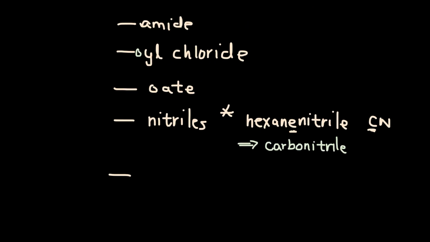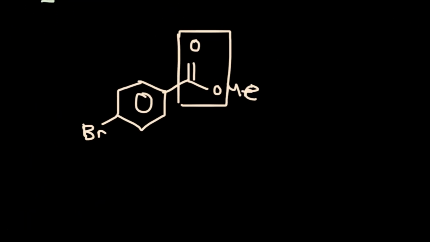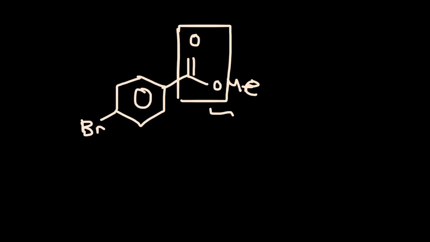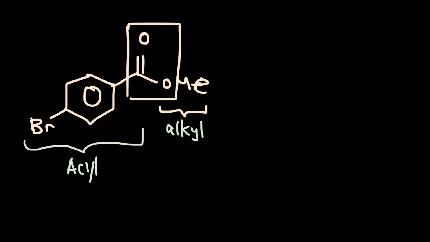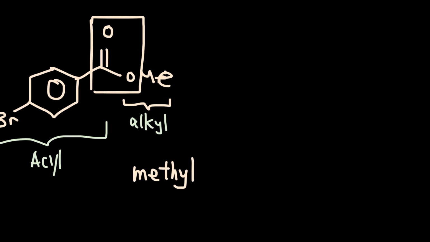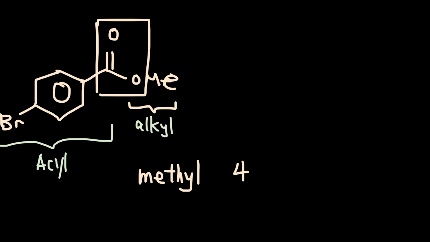Also, I need to add anhydride, such as acetic anhydride. Okay, so then for this, we always name the ester starting with the alkyl side. This is the alkyl side, and this side is the acyl group. So the alkyl side is a methyl, so we say methyl. And then the acyl group is a 4-bromo,